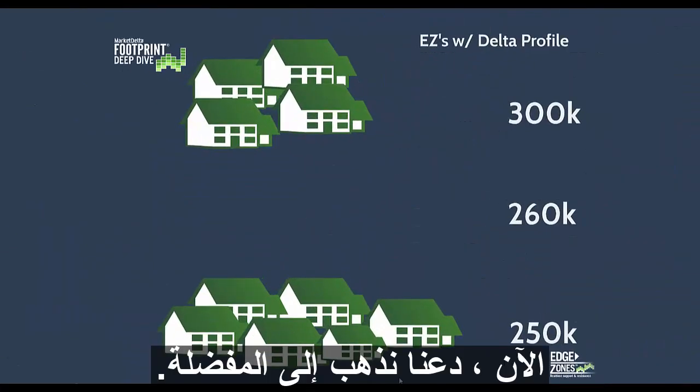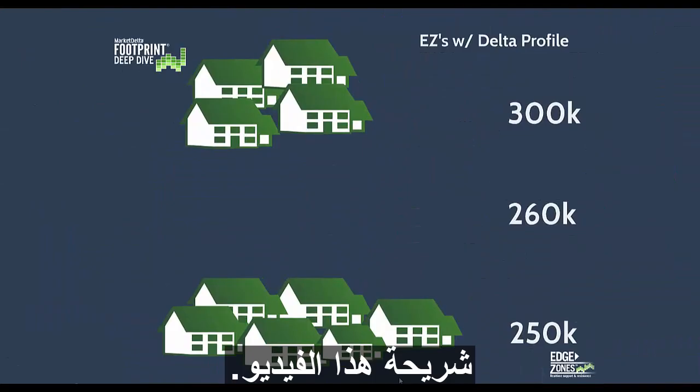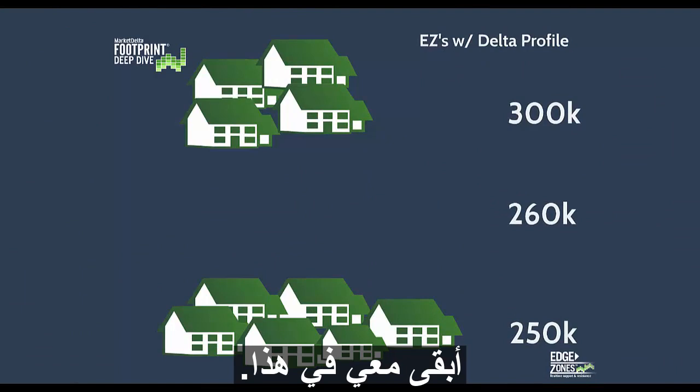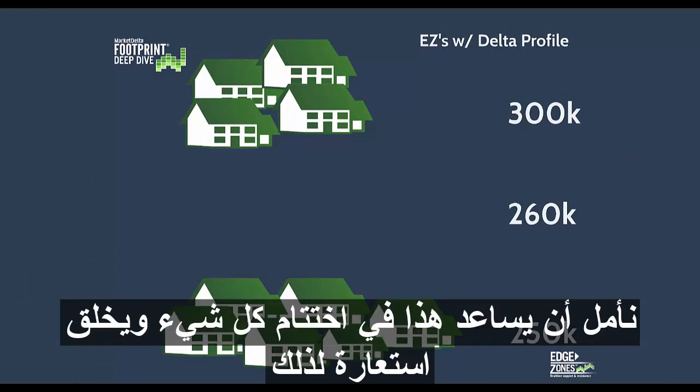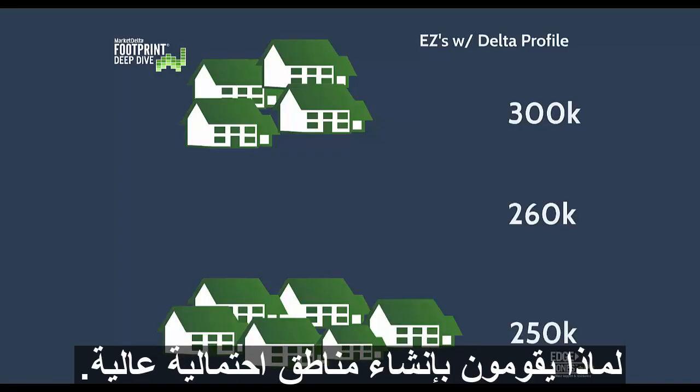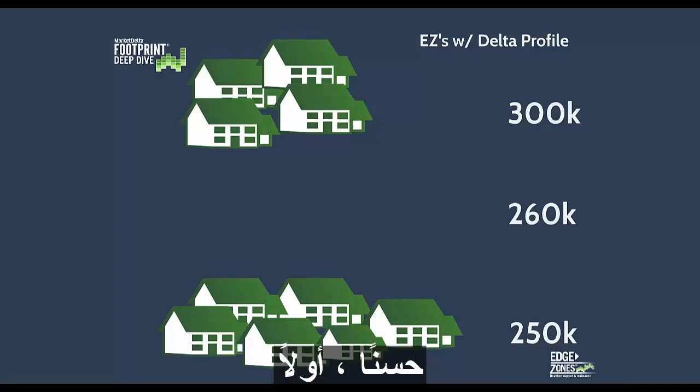Now let's go to my favorite slide of this video. You see pictures of a house. Now stay with me on this one. Hopefully this helps wrap up everything and creates a metaphor that'll help you understand the dynamic of why these are important and why they create high probability areas, okay? So, first off,